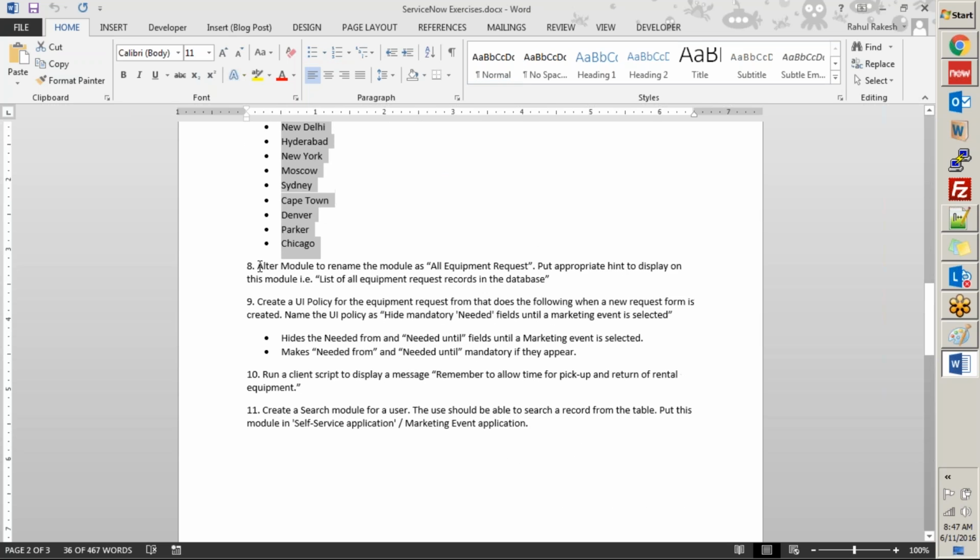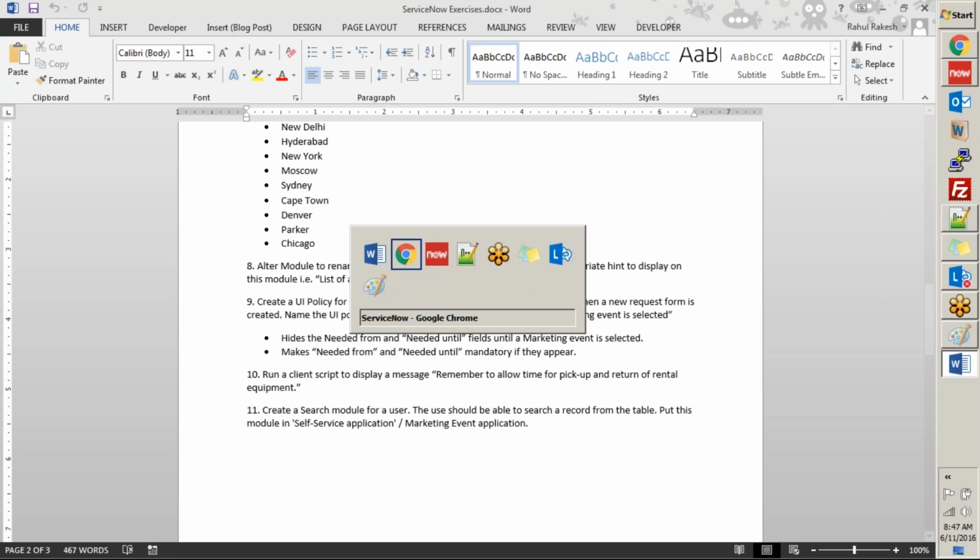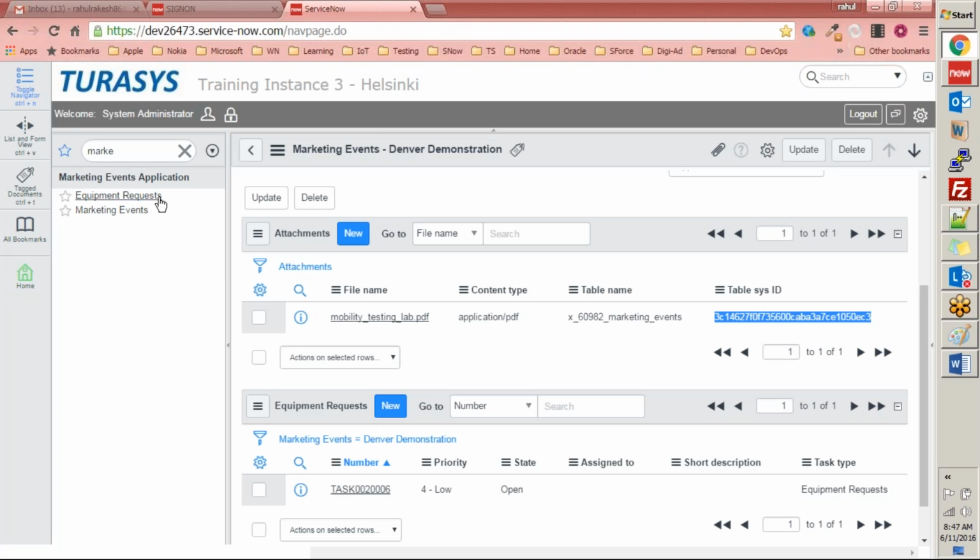That's also done. Let's go to the 8th requirement, which is to alter the module to rename the module as all equipment request. Let's go back here. The module is equipment request right now. But the requirement says I want to change the name of this equipment request to all equipment request. The easiest way to do that is to come to this star mark that you have here. Right click, edit module,